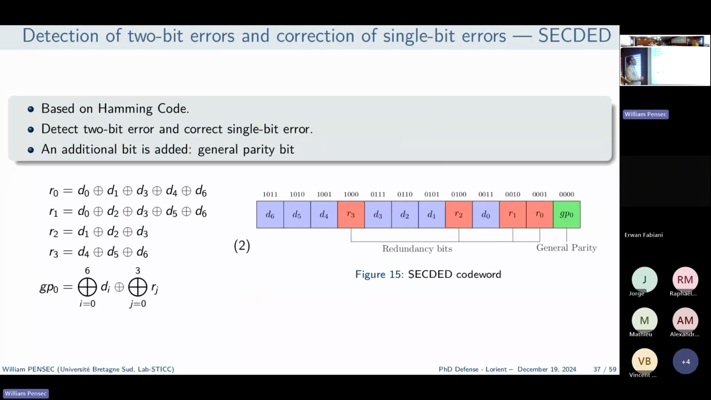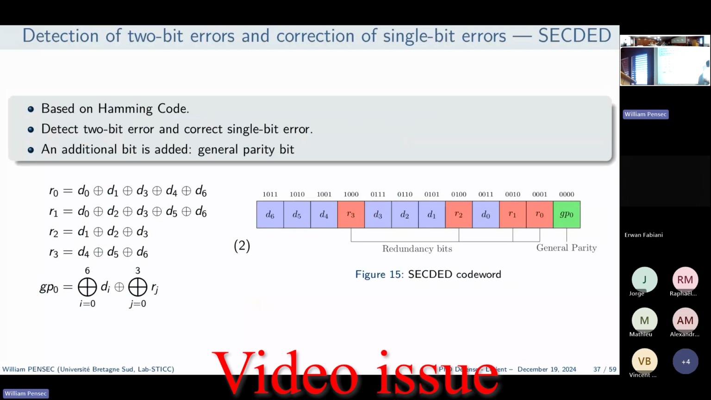The third countermeasure is SECDED. So it is based on Hamming code to detect 2-bit errors and correct single bit errors. And for that, it's a mix between Hamming code and simple parity, in the sense that it uses Hamming code and only adds one extra bit for the parity computation of the whole message. So in this figure, the figure 15, the